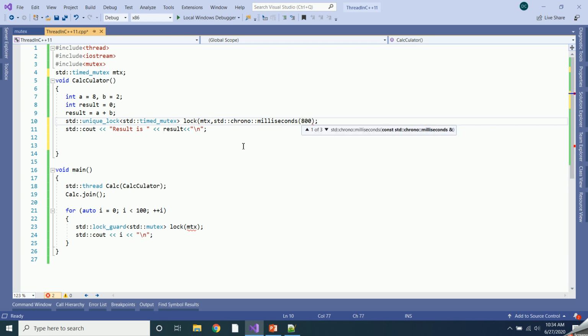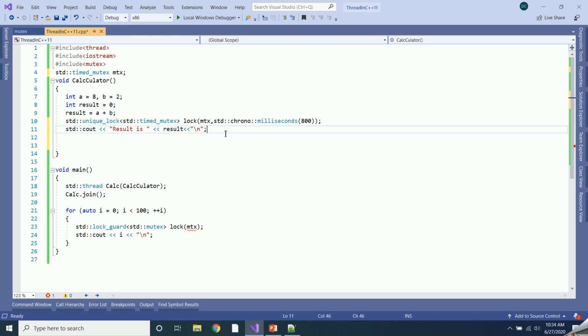So here I want to acquire the lock for 800 milliseconds. With the help of unique lock, you can mention the time duration like this. You can mention the time duration in milliseconds, seconds or nanoseconds. Okay, so this is another advantage of using unique lock, where you can mention whatever time duration you want.